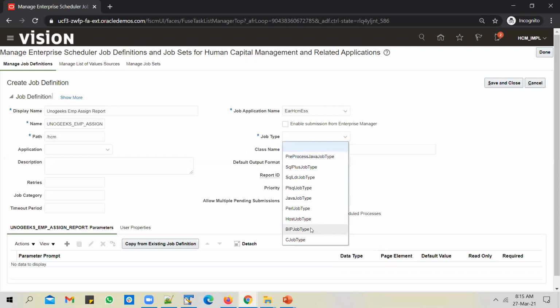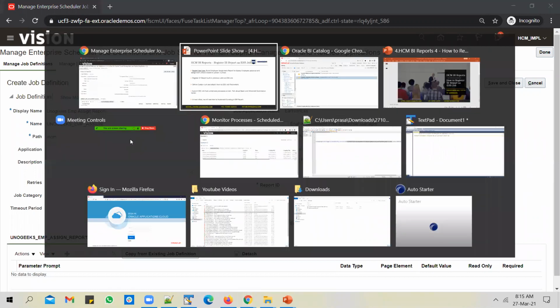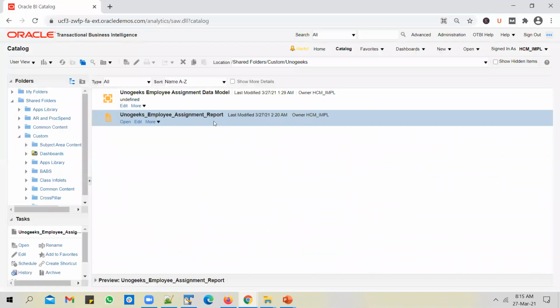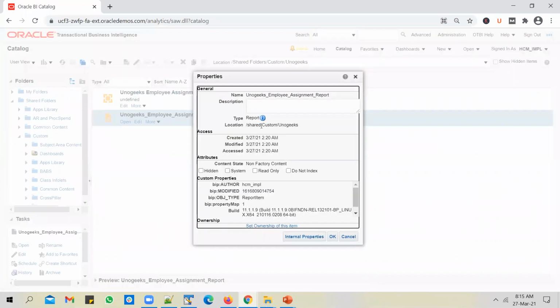Job type should be BIP, and you need to select the report ID. So this report ID acts as a link between ESS job and the report that you have built. So click on the properties, click on more, click on properties, copy the path starting from shared.